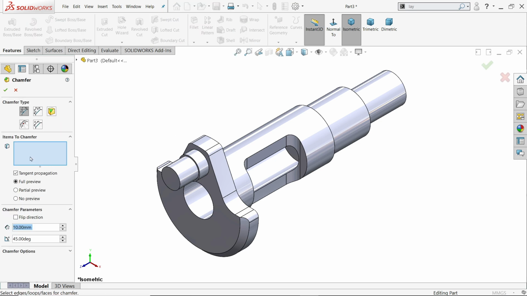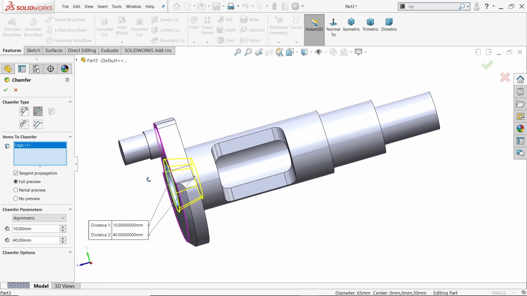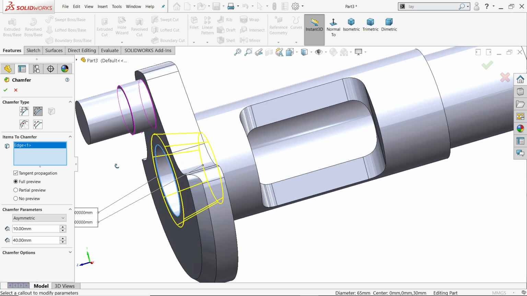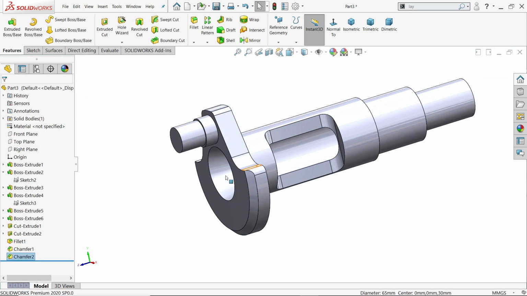Activate chamfer. This time I'll choose distance, asymmetric, because we want different values. The first one, choose this point. The second one, inside 40 millimeter. See, it's going inside up to 40 millimeter, outside 10 millimeter. See,